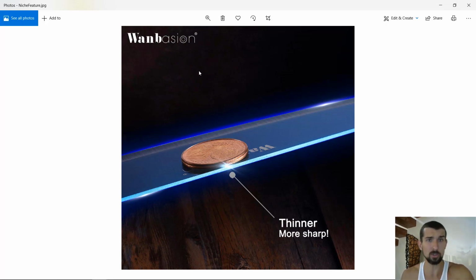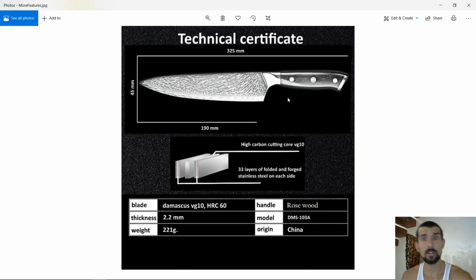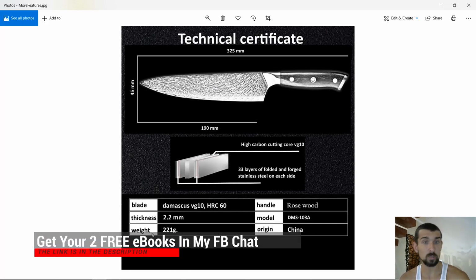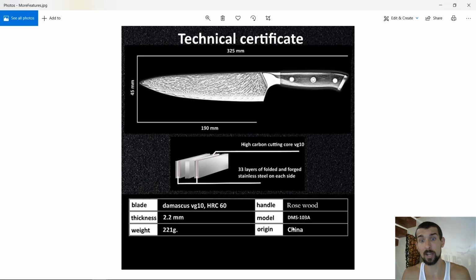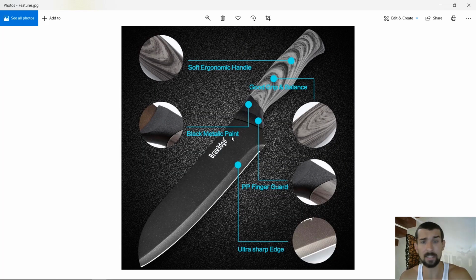Some branding here also, one Banison, you see, that's also something that gives more authority to our picture. Here's extra features. We have a technical certificate, and we have sizes for your product. You see what the blade is, thickness, what's the weight, where it is made. For example, telling that it's made in China might not be the best idea even if you make it in China, but nevertheless they show it. What's the model? No one really cares, but features are also good, as I've mentioned before, to justify your lifestyle picture.